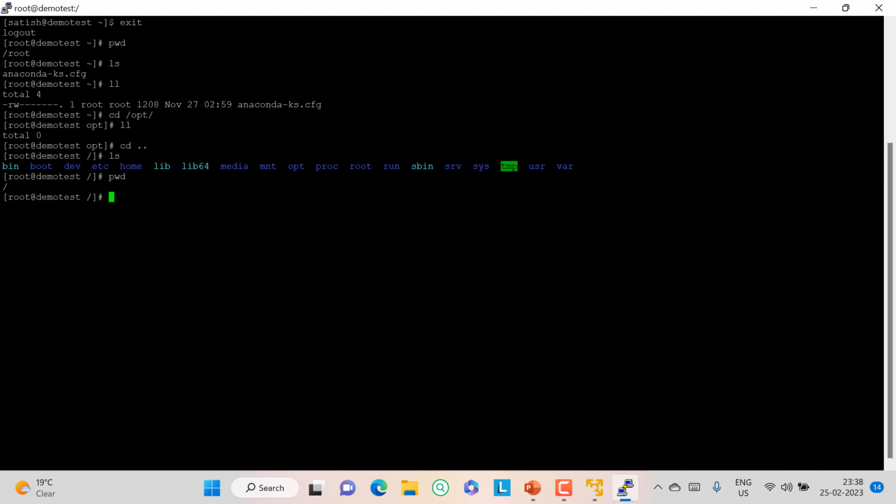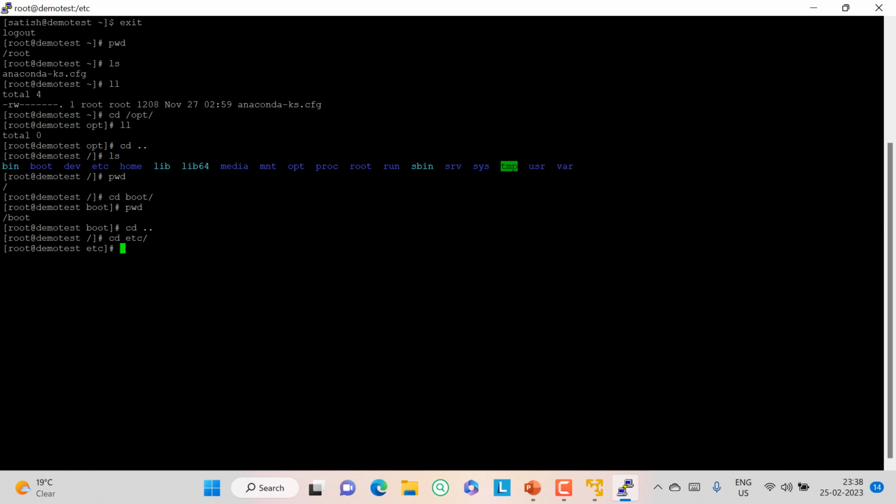If you do pwd, you can see this is the top level directory. If I want to go to the boot directory, you just type this. This is called a relative path. And if I want to go to some other directory, suppose I come out of this directory and go to the etc.